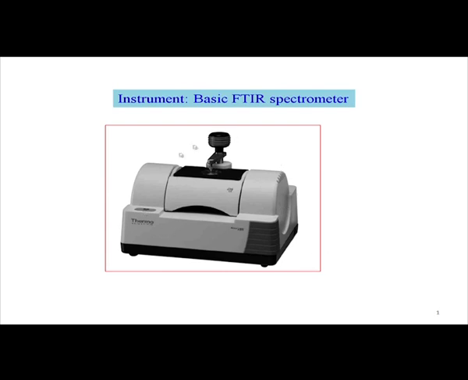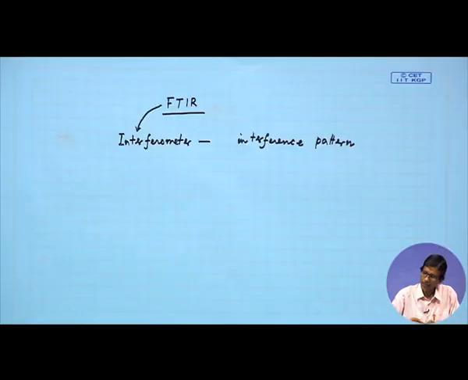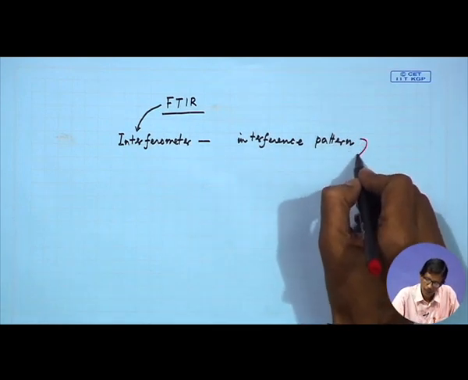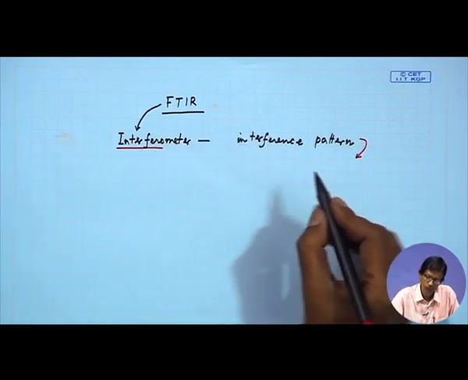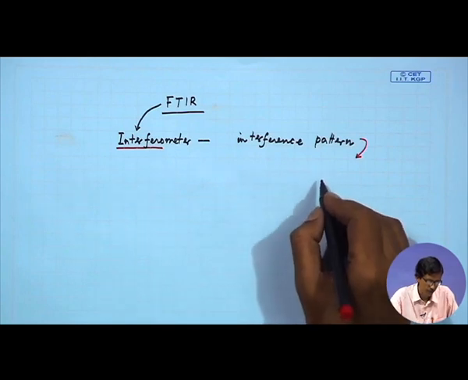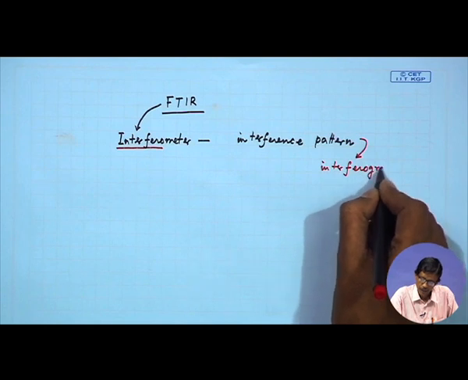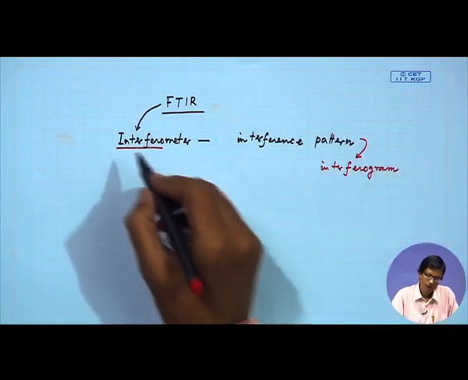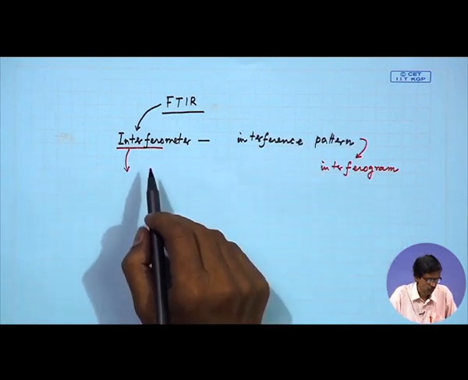So, it is a very compact one, where all the individual parts are present, and one such part is your interferometer. If that particular interferometer is used for getting the interference pattern, that particular type of interference pattern is known as the corresponding interferogram, which is produced from the interferometer. So, the interferogram is produced. What the interferometer is doing for us is it modulates